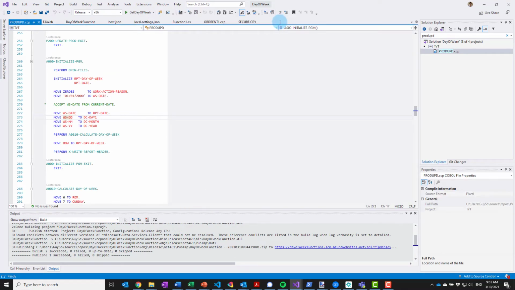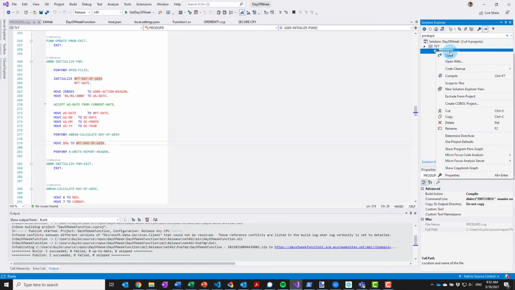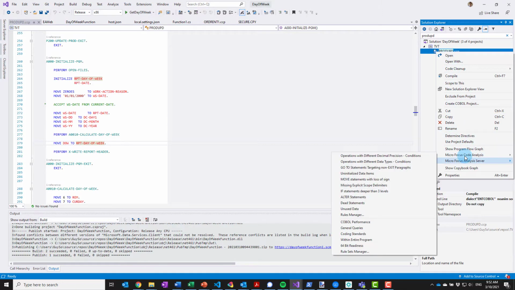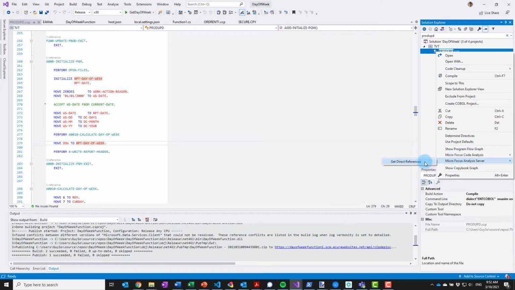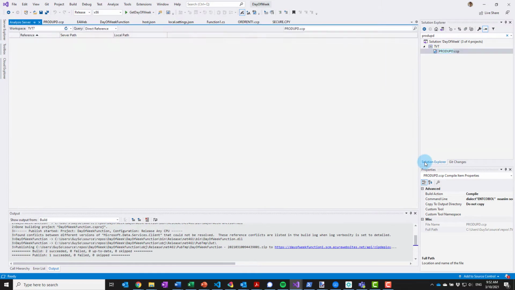Okay, now while we're with 7.0 capabilities that we added, another useful thing that we have, because we are connected to a central repository, is the ability to get some additional information about the program. In this case, get direct references or dependencies.